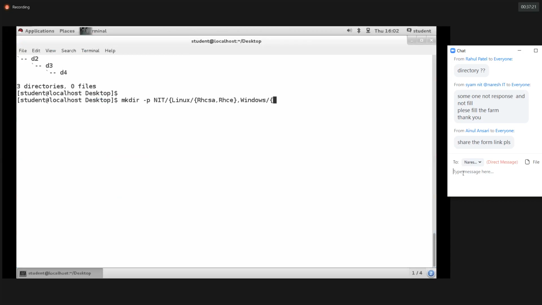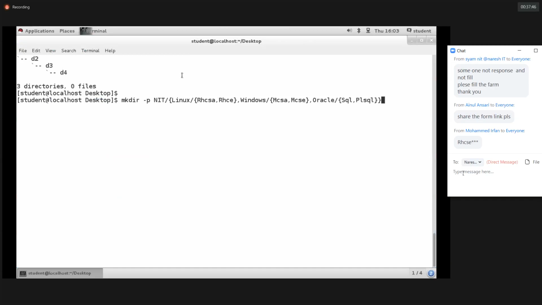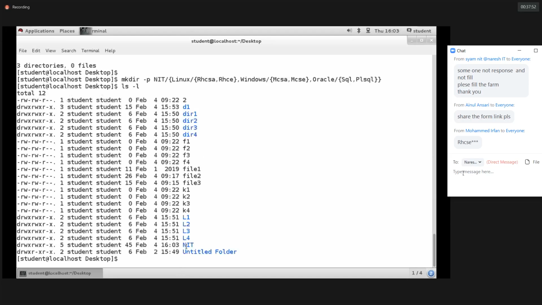Inside the Windows we'll have MCSA, comma, MCSE. Close the brackets. Then Oracle. Inside the Oracle we need to provide SQL and then PLSQL. Close the brackets. And then we need to close this main curly bracket. Then hit enter. See here, the directory got created successfully called NIT.